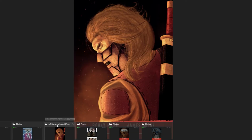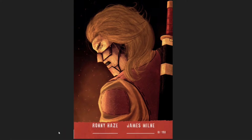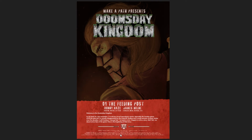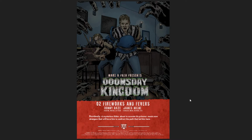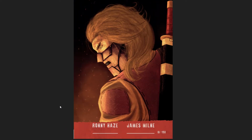Now, we also have the Signature Series reveal. That is absolutely exciting. I want to reveal that real quick, and then we'll go over some updates. Now, if you don't know, the inside cover looks like this if you haven't ordered a Doomsday Kingdom copy. It has the information about what happened previously, the creative team, the legal jargon. Now, from issue 2 on, there's going to be an exclusive artwork cover that you can only find, a piece of art right here, or